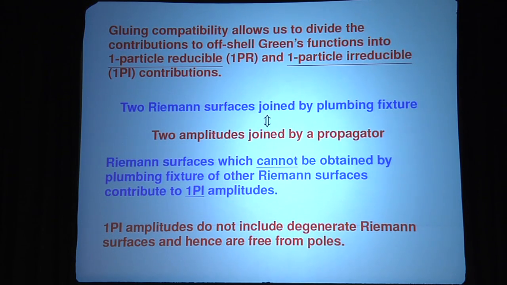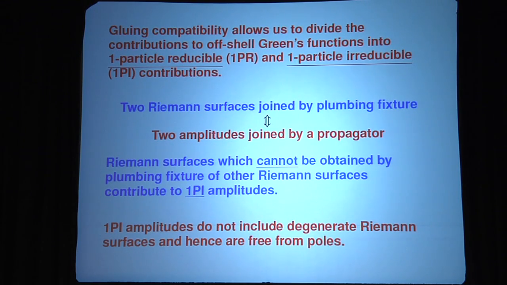Now, what this gluing compatibility requirement allows us to do is to divide the contributions to off-shell Green's functions into one particle reducible and one particle irreducible contributions. Now, this is counter to what we normally take pride in string theory. Normally, we take pride in the fact that string theory gives only one diagram at a given loop order. What we are doing here is that we are dividing that one diagram into many components. In other words, we are dividing one moduli space into many components